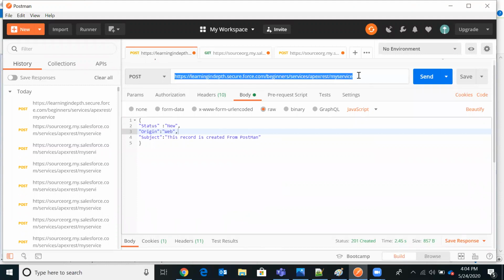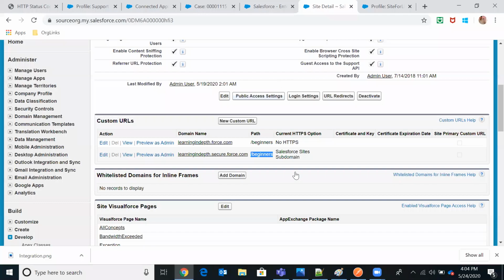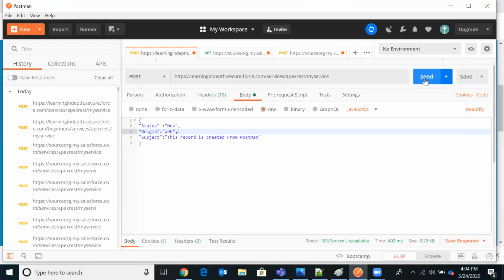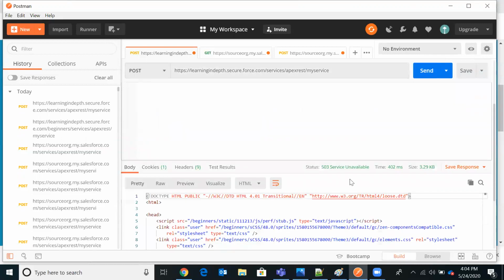So this is the entire path for the force.com site, right? Let me remove this beginners. If I try to hit the service now, I'll get that 503 service unavailable.